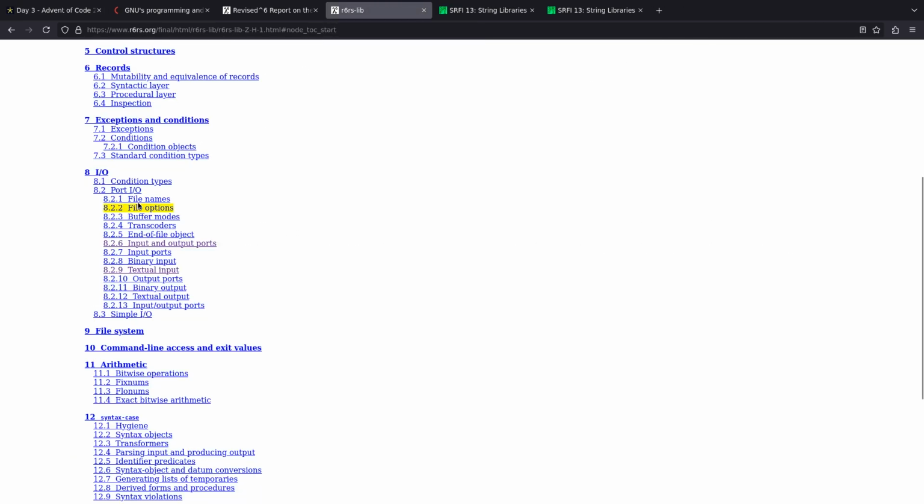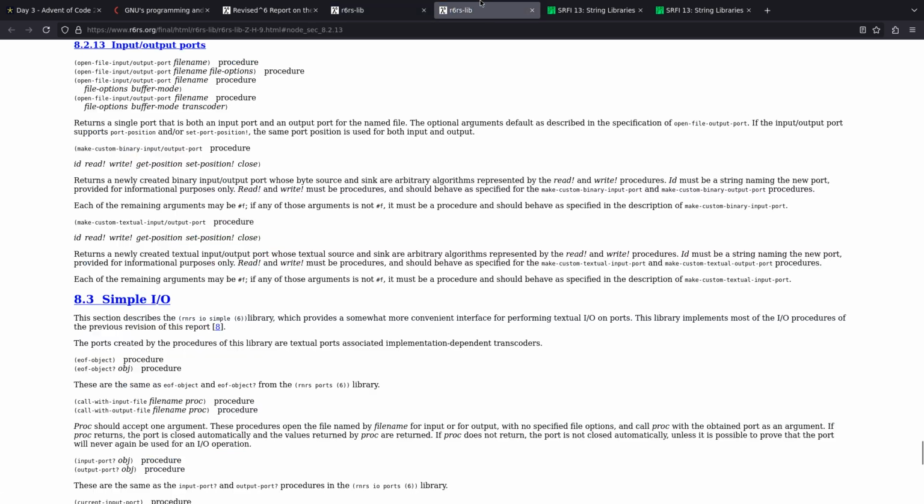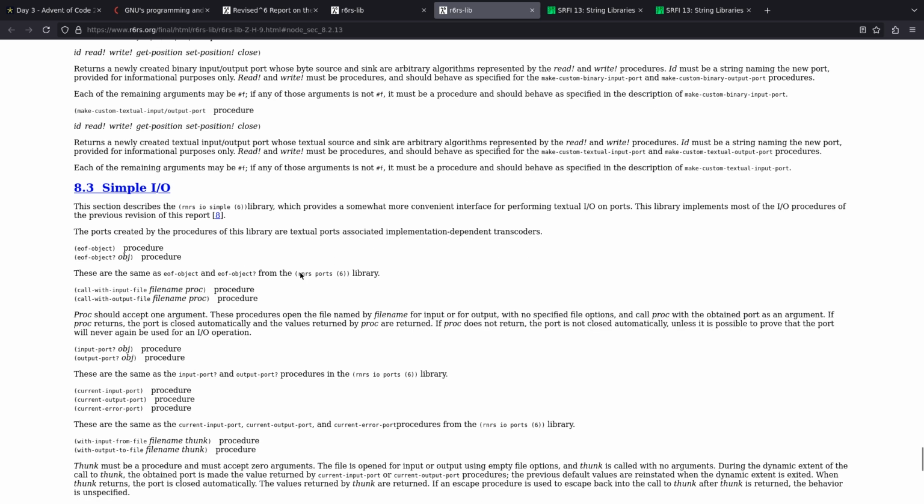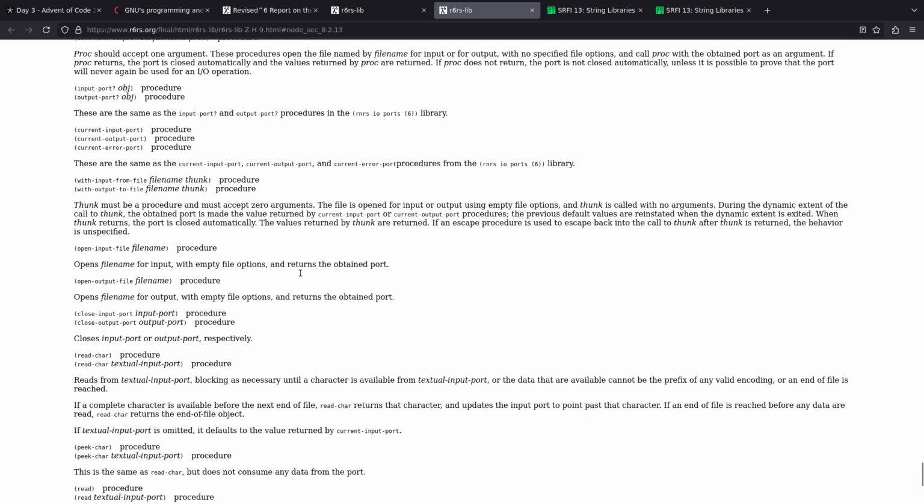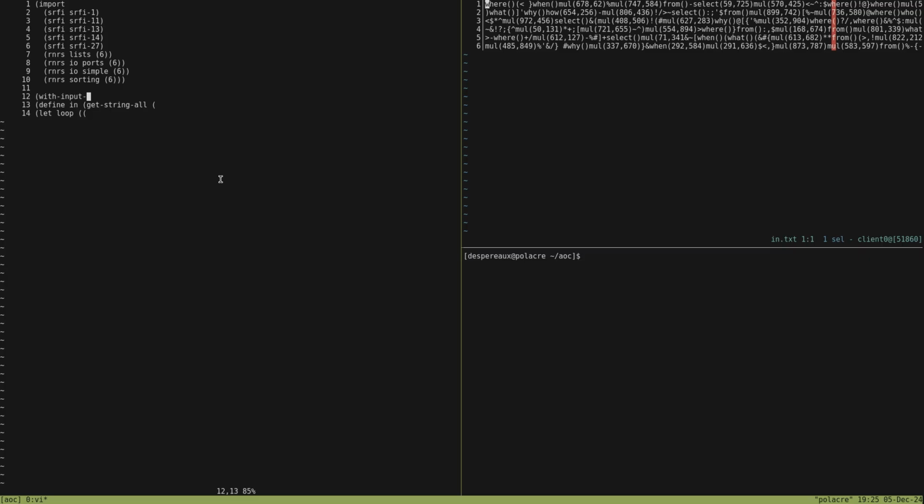How do I even find the with ones here? Because it's down here? No? Simple IO maybe? Yeah, with input from file. Yeah, cool. With input from file, and then we'll just go in.txt. And then here we'll